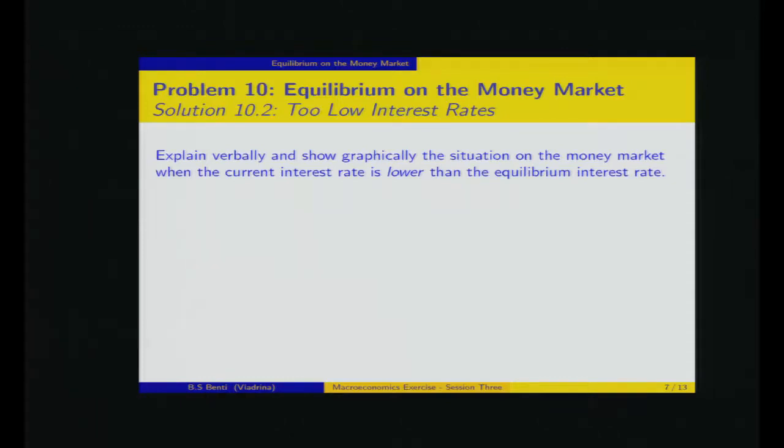What comes next is 10.2. What would be the case if we have too low interest rate? Graphically analyze the situation on the money market when the current interest rate is too low. For that, again, we would make use of our money market equilibrium graph, where we have interest rate on our y-axis, stock of money on our x-axis,